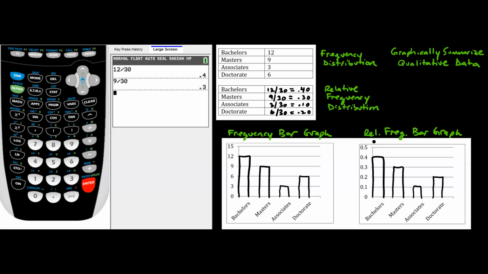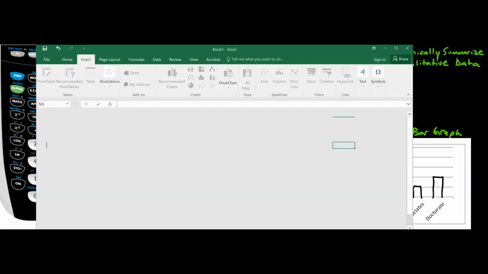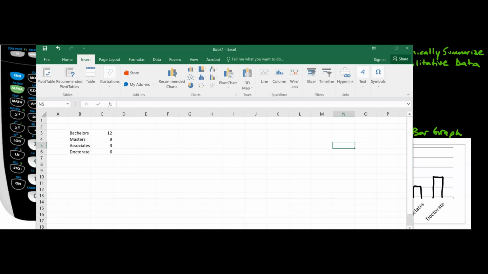It's actually pretty common to do this type of thing in Microsoft Excel. So let me just show you how this example would apply to Microsoft Excel. So I've entered our data in here. You can see bachelor's at 12, master's 9, associate's 3, doctorate 6. And all you need to do if you want to visualize this in Excel with a bar graph is you could select or highlight what you want to exist in your bar graph,